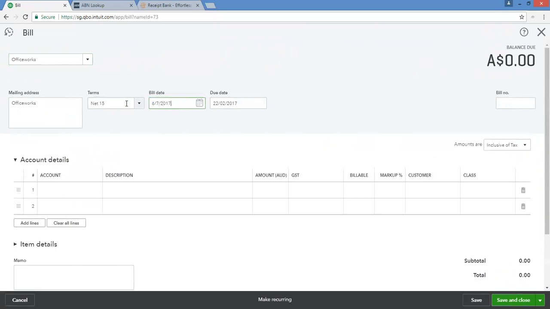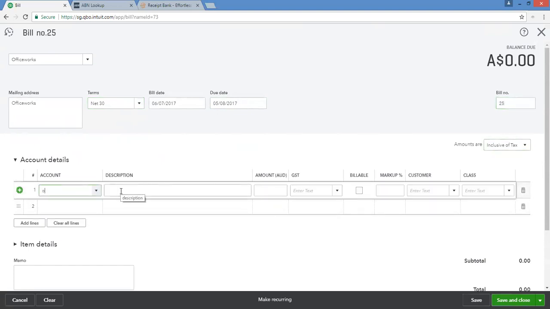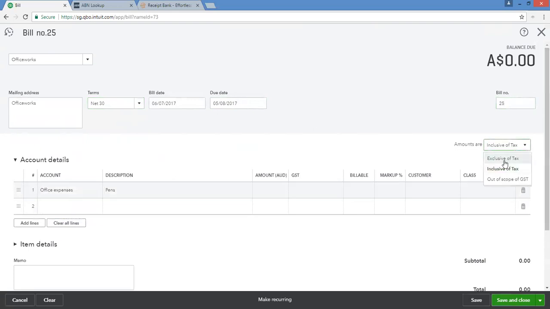So we'll put that in there. We'll change the net to net 30, and it will automatically change it to the due date. We'll say that invoice number is 25, and we have bought some office expenses. We'll say pens. Now, again, when you're looking at your receipt or invoice, always double check that you've got the